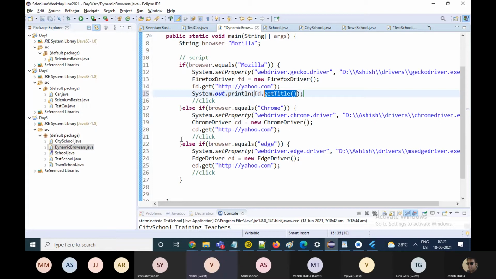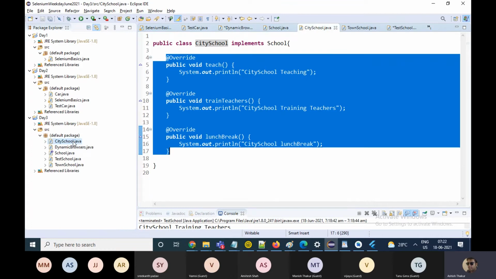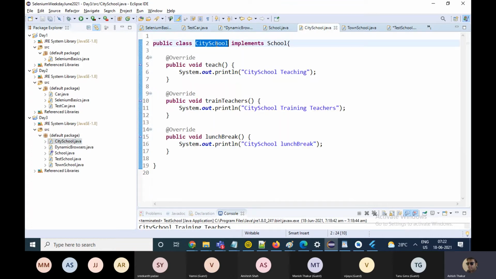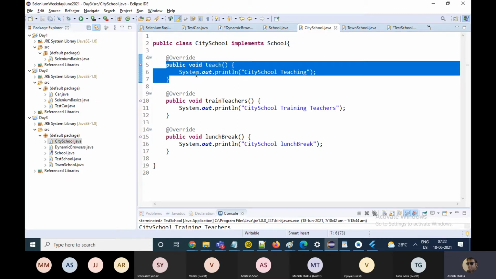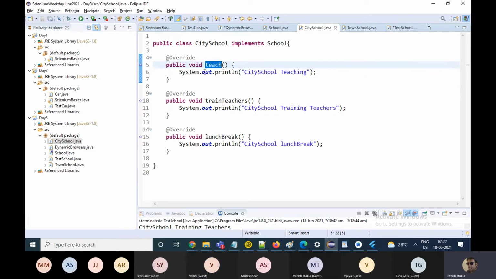Hey Ashish, just a question here. When you call the FD dot get title, it will internally call the WebDriver through Firefox driver, right? No, it's not going to call the WebDriver interface. This method is implemented inside Firefox driver class. Like we have this city school, this class is equivalent to Firefox driver, and the teach function I've implemented in this is equivalent to the get function.